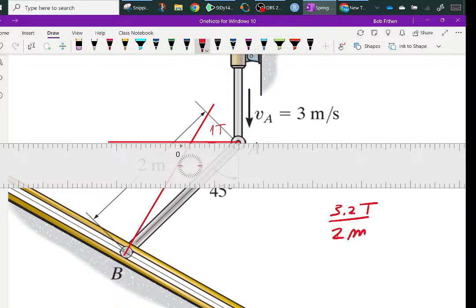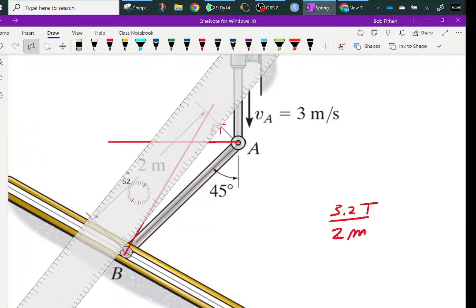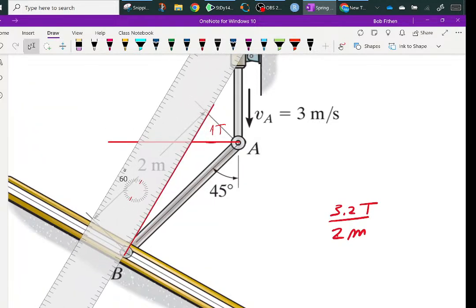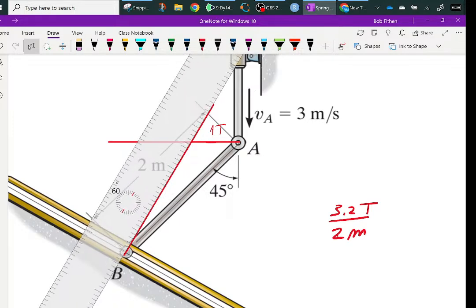I'm not talking about dog ticks or anything, but then the question is, how far is this one? Okay, let's see if I can line that back up. 60. Okay, so I'll line it up right here. There is 1 right there. There's 2. 1, 2, 3, 4, 5, 6. So this distance is